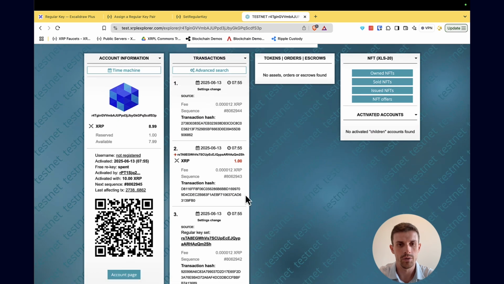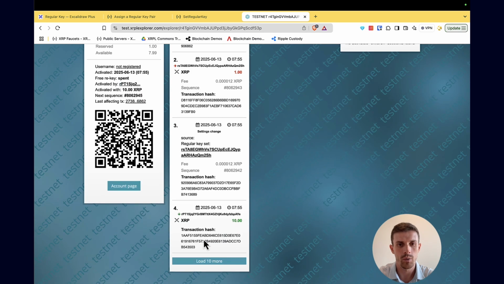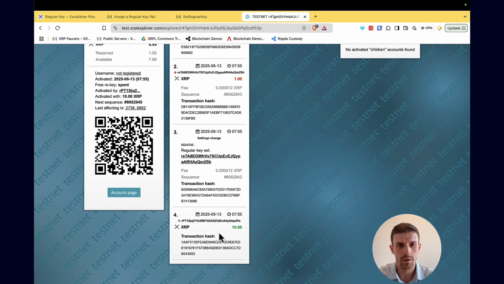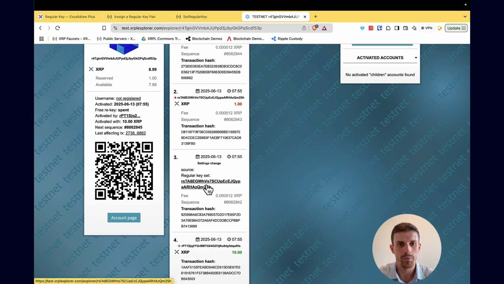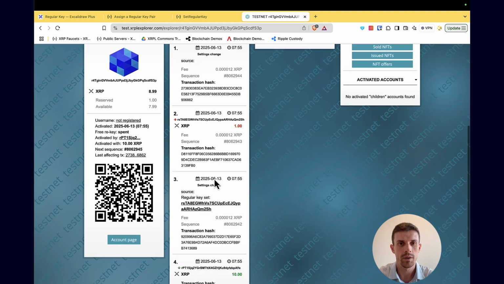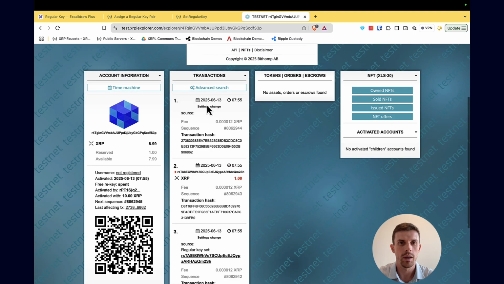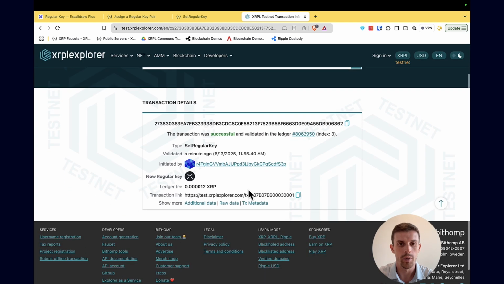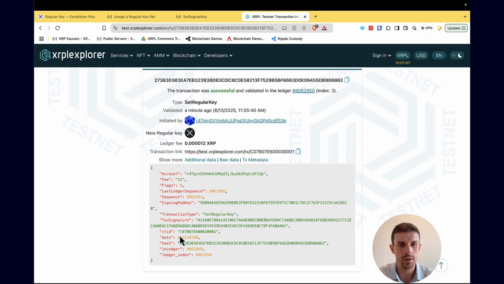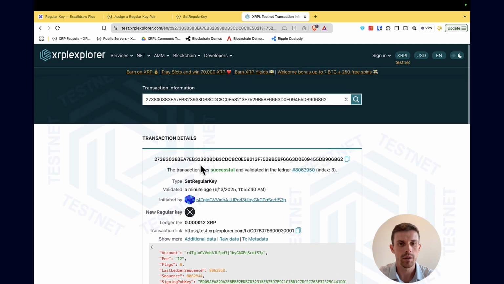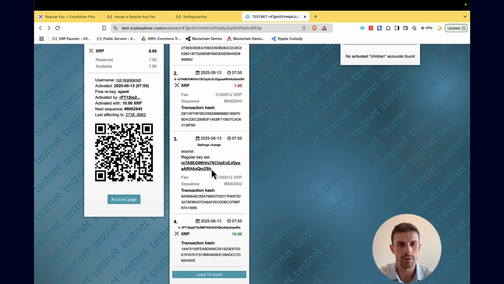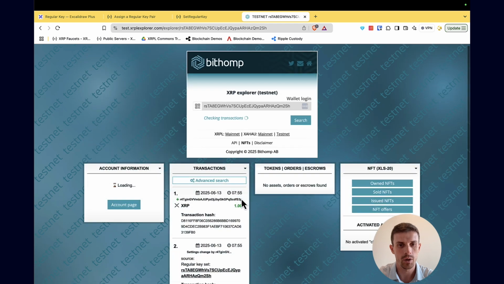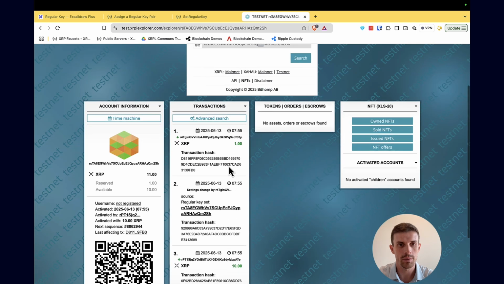And here I can see some settings change. So first, that's probably the faucet now funding with 10 by default. We have the regular key set here. Then we send the payment, 1 XRP. And now we have again the settings which have changed, where we remove the regular key. And if you see the raw data, there is no regular key field here. If we go back to the previous settings transaction, regular key set,